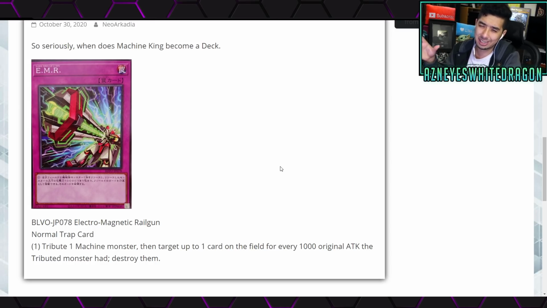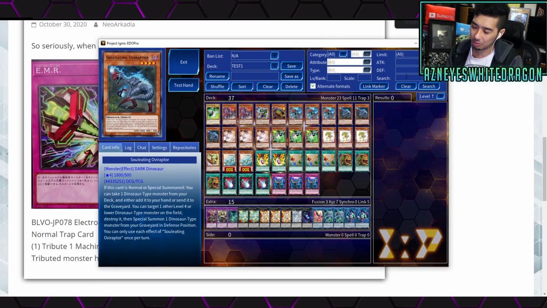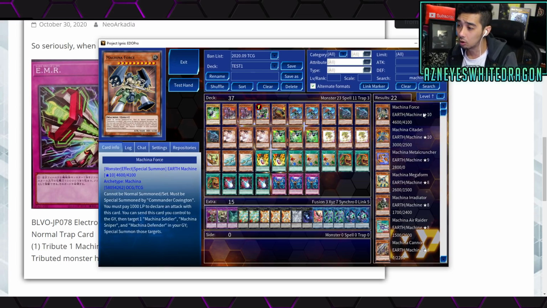Technically, I want to say it's more so for Machina because they're getting other support later down the line as well. But anyways, Electromagnetic Railgun is a normal trap card that says tribute 1 machine monster, then target up to 1 card on the field for every 1,000 original attack the tributed monster had, and you get to destroy them. So on average, if we look at Colonel over here, with the Machina archetype, again, that's the more relevant Machina